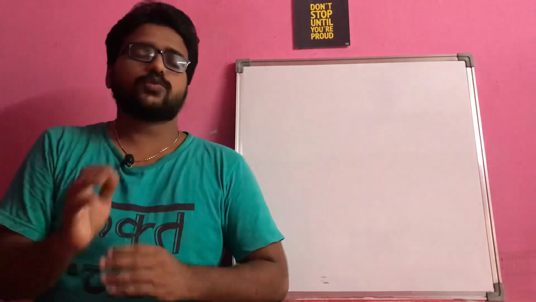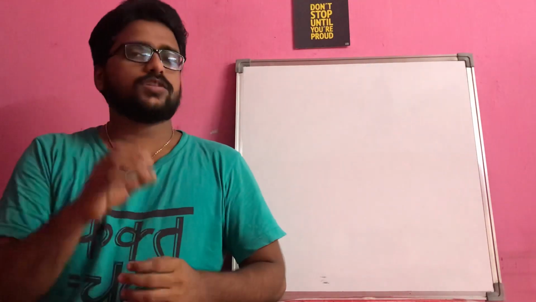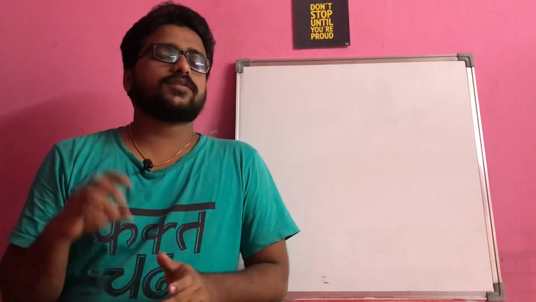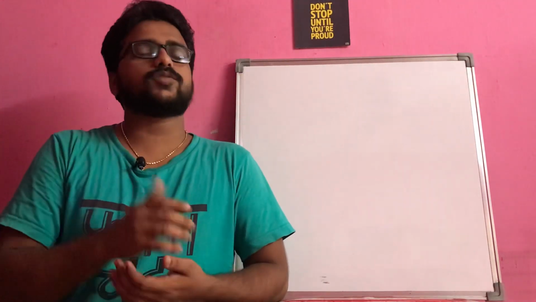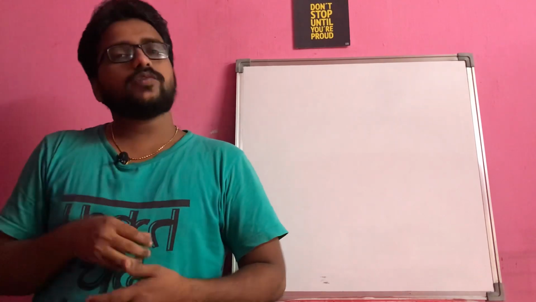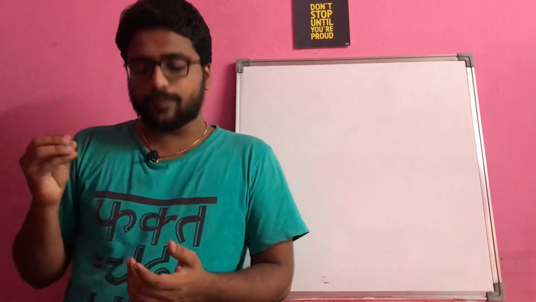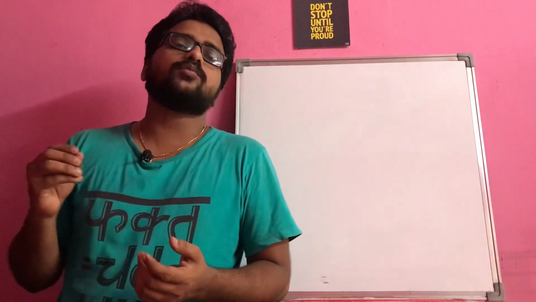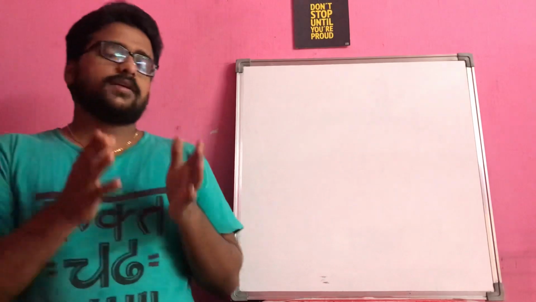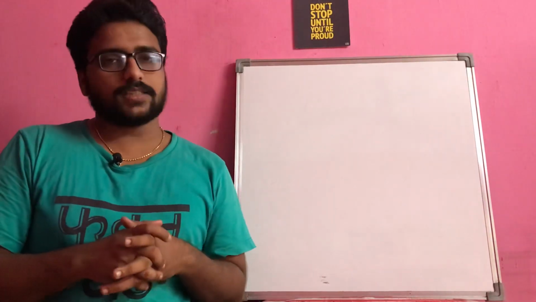So in the last class we already completed a few questions from tangents and normals, which are based on the concept of straight lines, that means the concept of slope and the parallel lines and perpendicular lines conditions, and also we discussed how to make use of parametric equations for finding the point and equation of a tangent or normal, right?